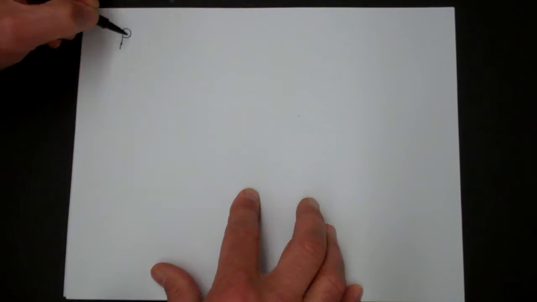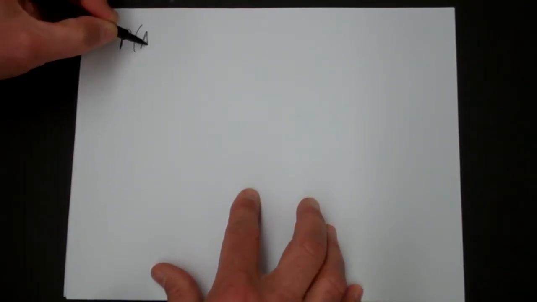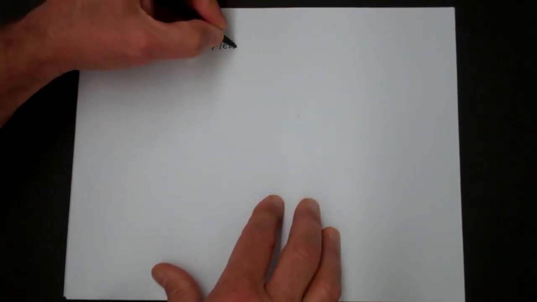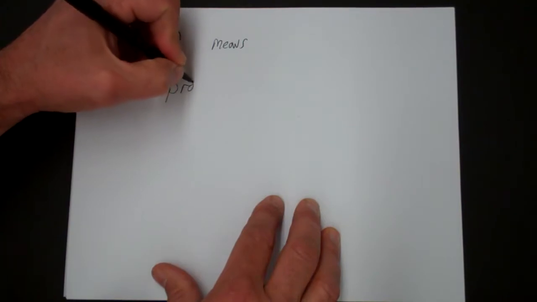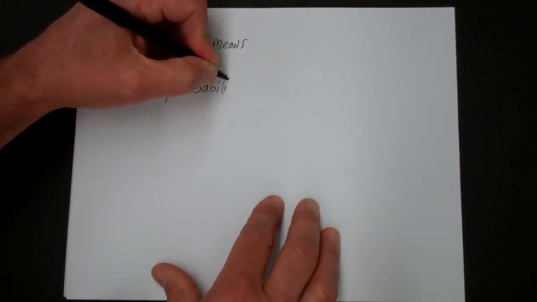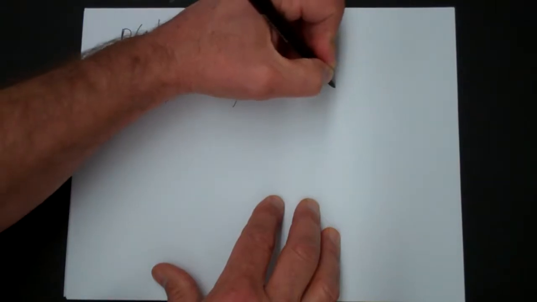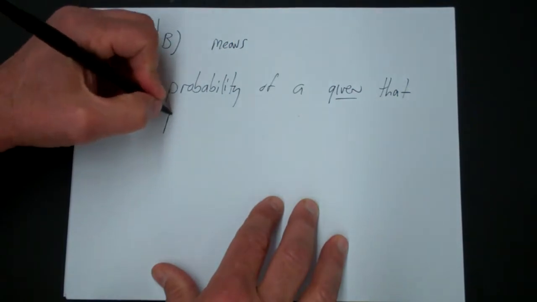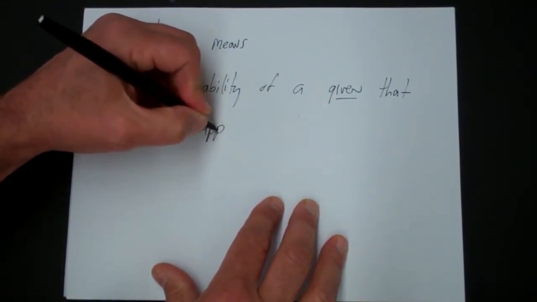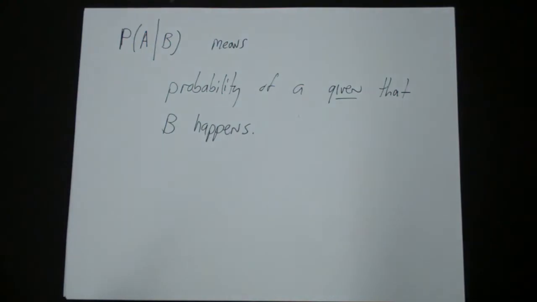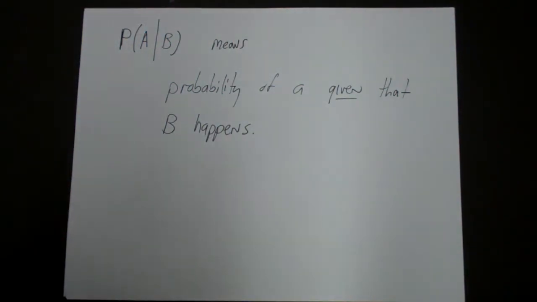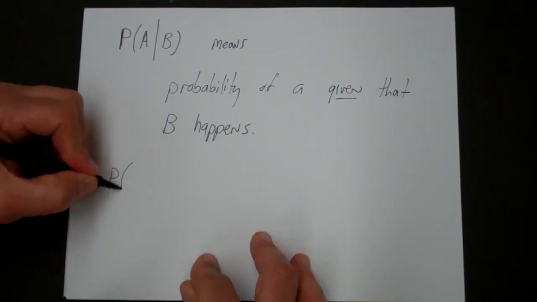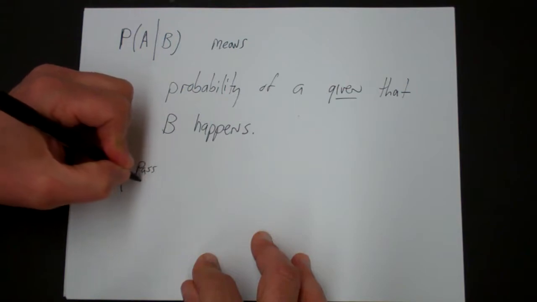So the notation that we're going to use is probability of A, and then a line, B. And that means the probability of A happening given that B has happened, or that B happens. It turns out that mathematically it doesn't matter whether B has already occurred or whether B will occur. So for example, let's say the probability that you pass your history test